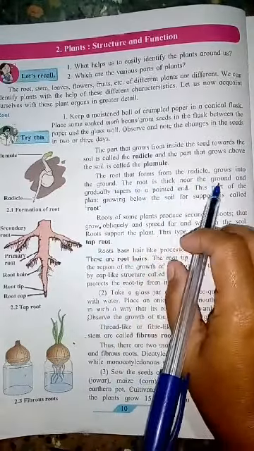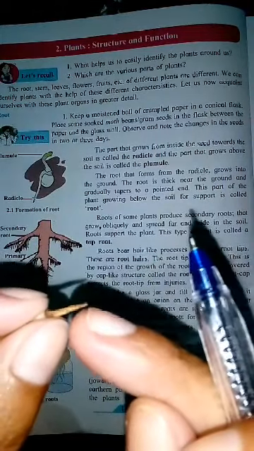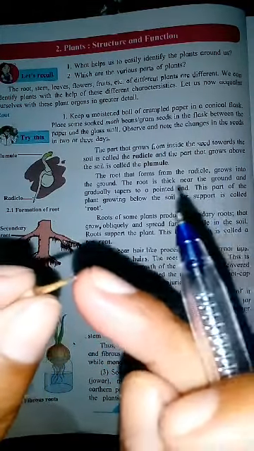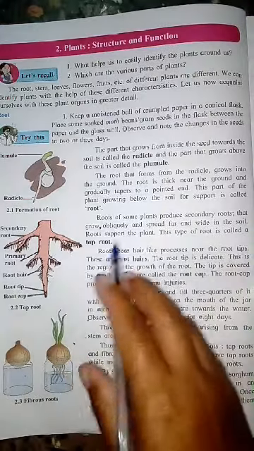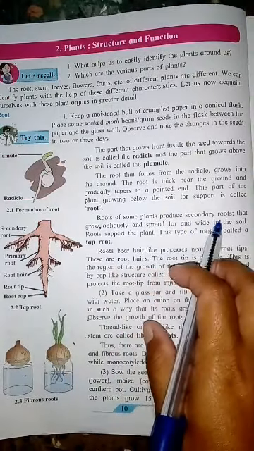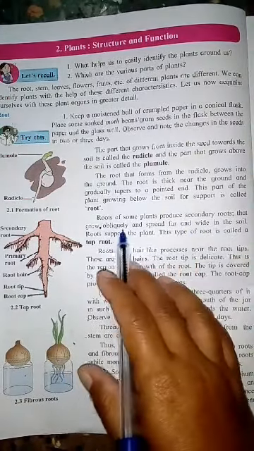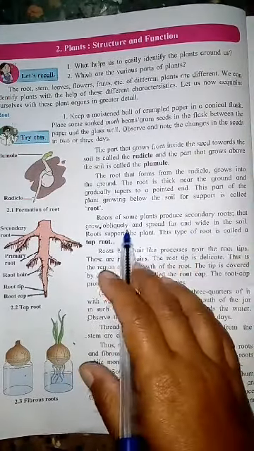See here, near the ground the root is thick and afterward it tapers toward the end. Roots of some plants produce secondary roots that grow obliquely and spread far and wide in the soil. So in some plants we can see a growth of secondary roots like this.